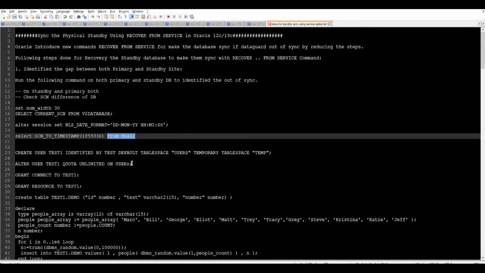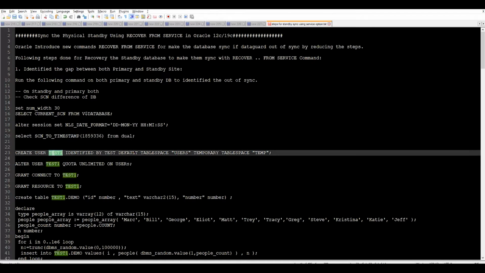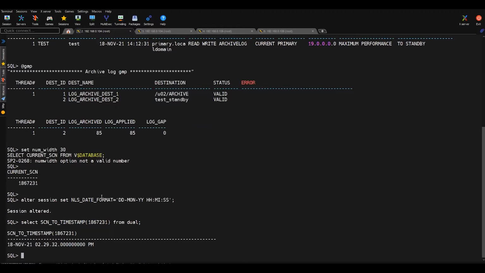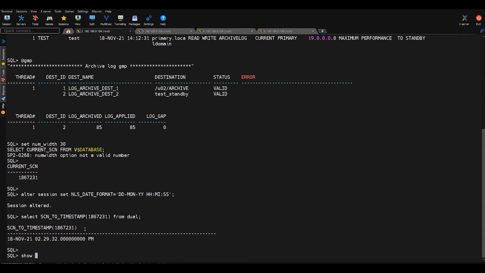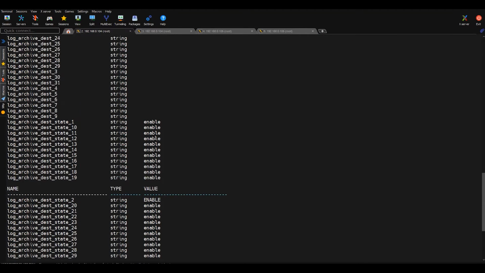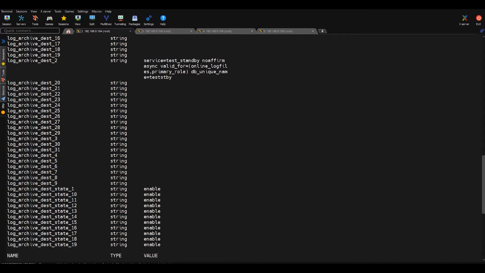So let us try to create one user, and we'll try to do some inserts on this user. Before we do anything, since in our situation we don't have any gap as of now, we have to make the gap for demo purposes. So I'll just defer the log archive destination 2. Let me quickly change this parameter, the system set log_archive_dest_state_2